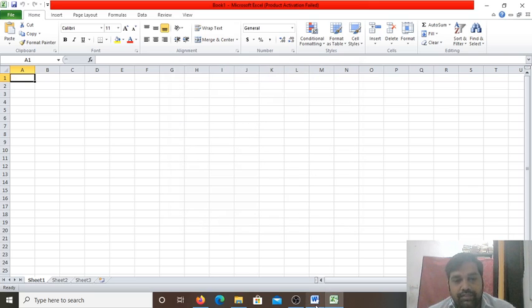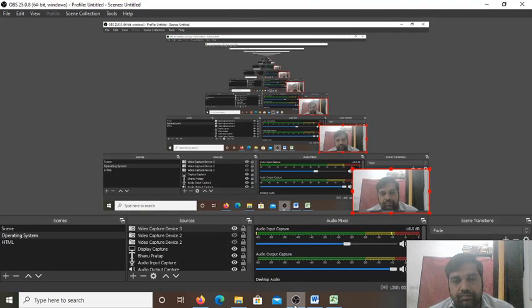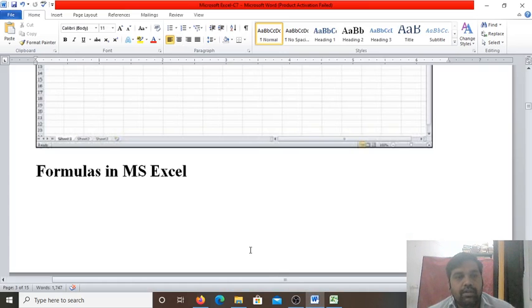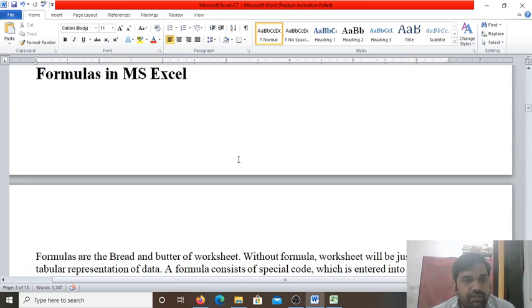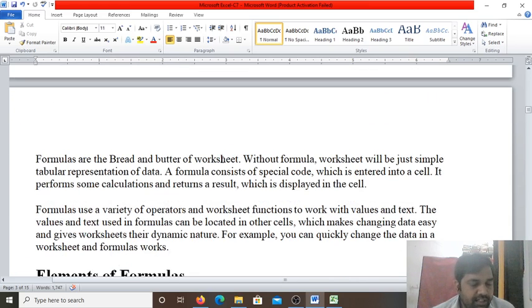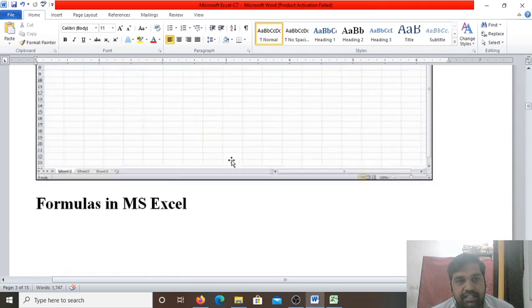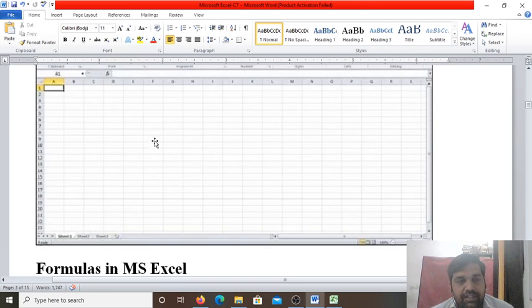Now we'll learn about the formulas in Microsoft Excel. So these formulas are used to perform calculations. Why are formulas used? Formulas are used to perform calculations involving addition, subtraction, division, and multiplication. This formula also establishes the relationship between two or more cells. As I have shown you on the spreadsheets, these are the cells. So in different cells, values are there. So between the values, formulas are used to establish the relationship.